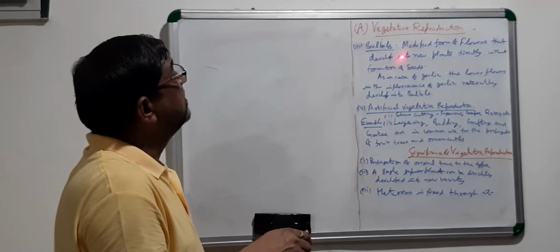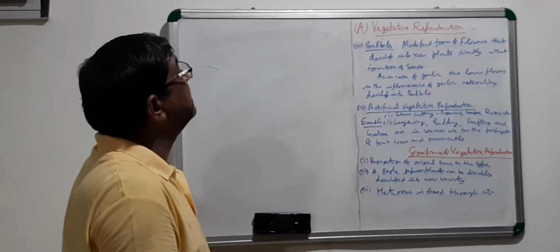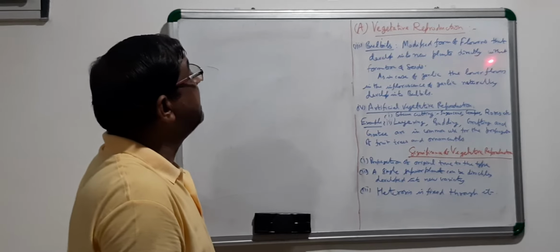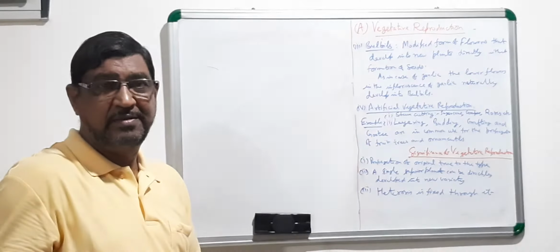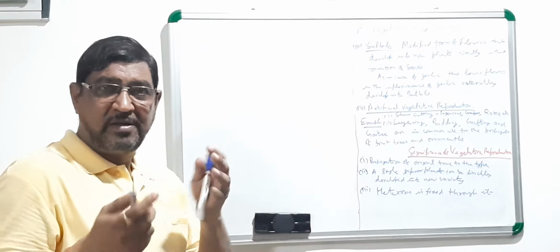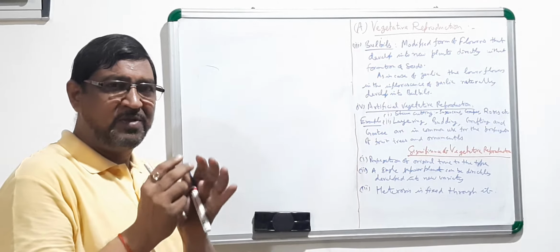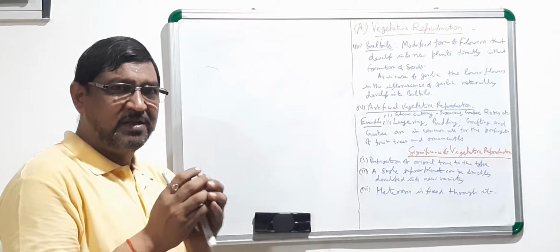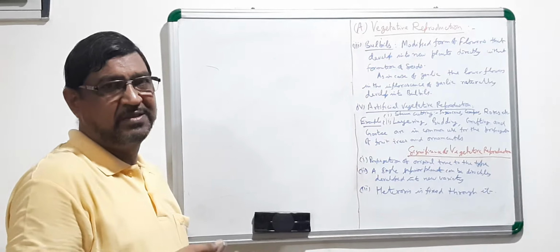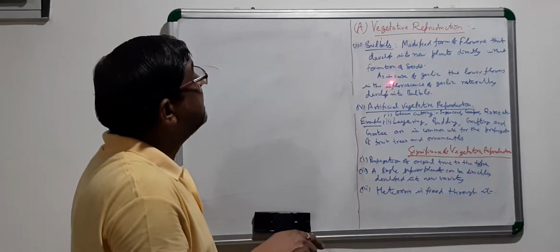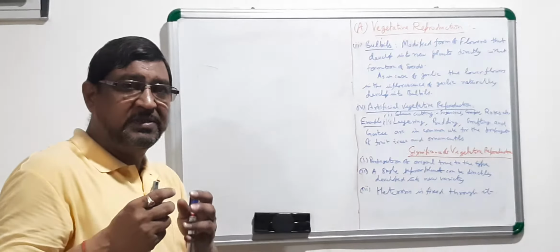Bulbils are the modified form of flowers that develop into new plants directly without formation of seed. Once the flowers are modified, and without forming the seed, they are able to produce the plant. These are the bulbils. As in the case of garlic you have seen already